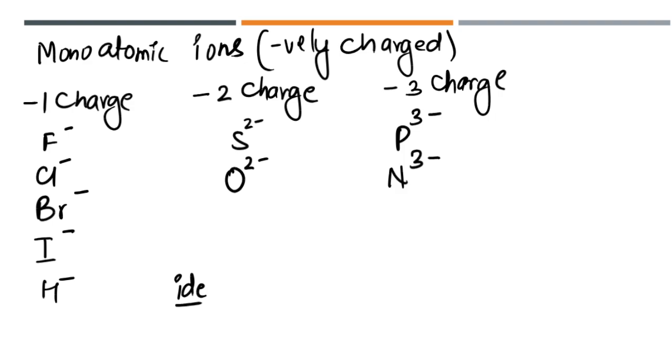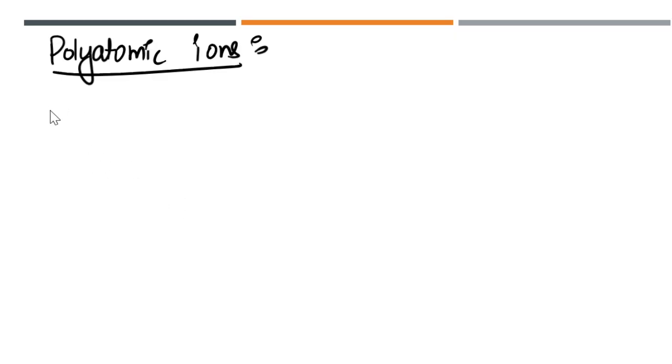Okay, now if we are going to go on to polyatomic ions. So polyatomic ions, they are also known as complex ions because उनके पास more than one atom present रहता है. So if you're doing polyatomic ions, polyatomic ions में +1 चार्ज में हमारे पास आता है NH4 पॉजिटिव. सॉरी, सो 4 आपका इसमें नीचे आएगा, NH4 पॉजिटिव. दिस इज अमोनियम आयन.